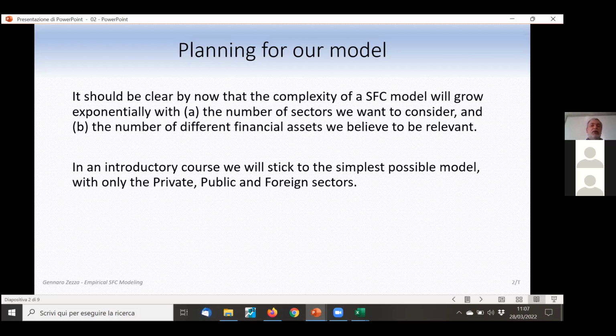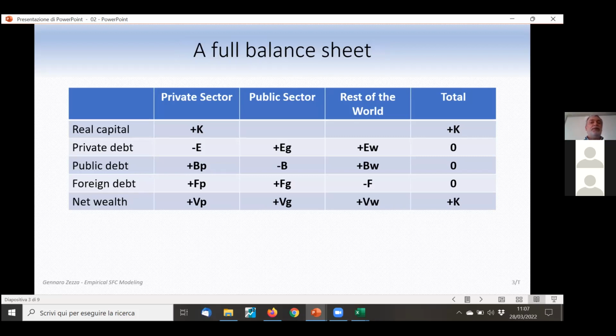So we will start also with the private, public, and foreign sector. And the other source of complexity is the amount of financial assets we consider. So it's usually easier to have the simplest form in which we identify which debt each sector is taking and who is owning that debt. So a simple framework could have the real capital owned by the private sector, the equities, which are the sources of funds for